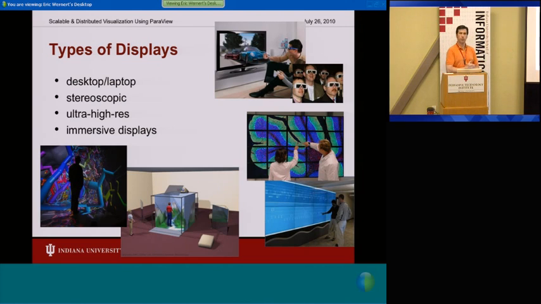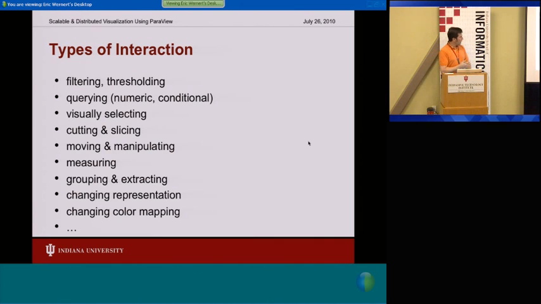We've got some researchers at IU who are looking at how we can adapt these general purpose tools to work in conjunction with these immersive visualization displays, so that you don't have to leave a package. Let's say if you're using ParaView on your desktop, well, that's what you want to use in one of these advanced displays as well. You don't want to have to translate out of there. And then we're going to show you these different types of interaction, but keep in mind that, again, the focus here is interactive visualization. So you're always changing parts of that pipeline by picking things, by slicing, cutting, moving, manipulating, changing representations. So those are the sorts of things that happen